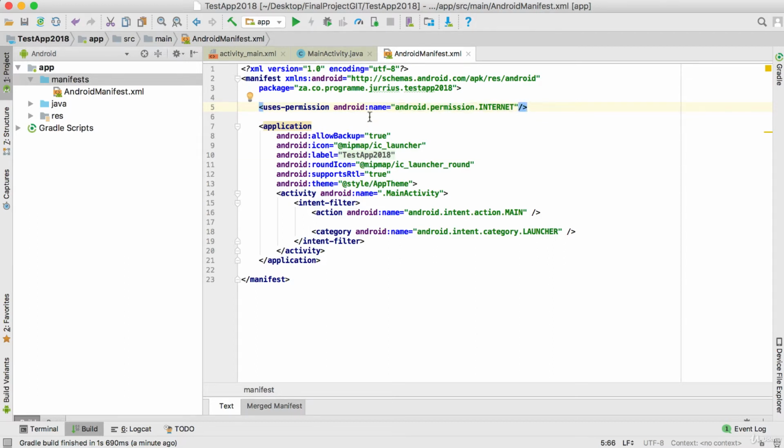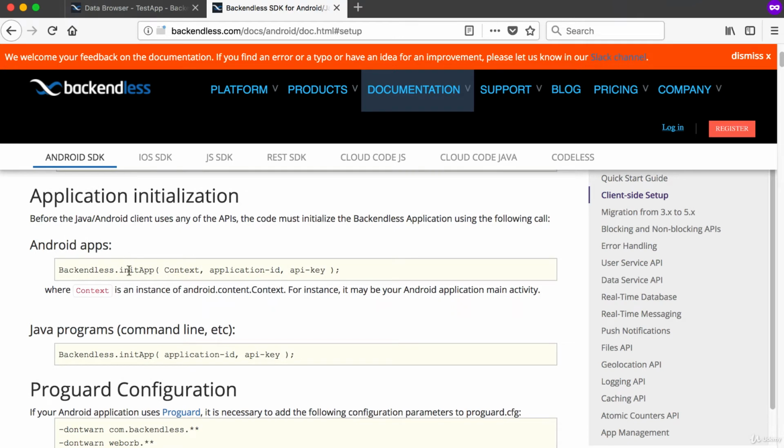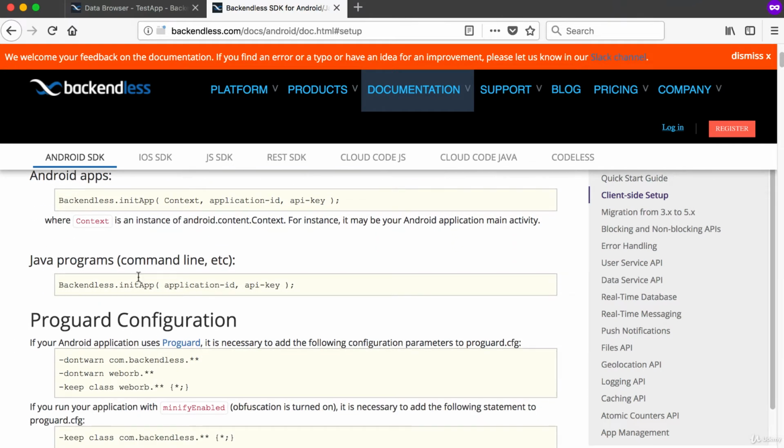So we're basically just saying that our app will be able to use the internet, and we must tell the user that we will be using the internet, and that's why this permission must be there. Now if we go back to the website again, they say then we must initialize our app by calling this,